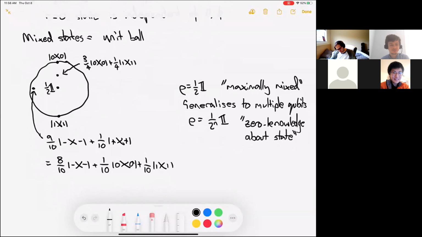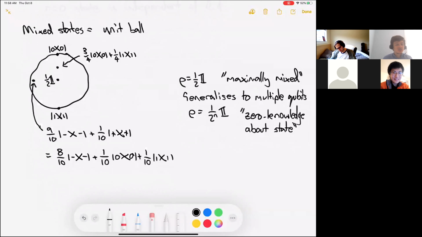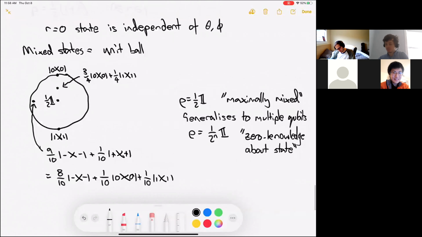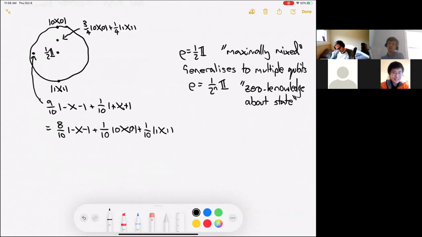Okay. Any more questions about how density matrices tie in with the Bloch sphere and how all that works? Cool. Okay, so at the moment, this all may seem slightly abstract and pointless because it seems like it only shows up if you have a probability distribution over what the state might be. And here we go.